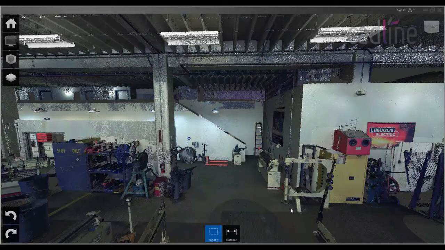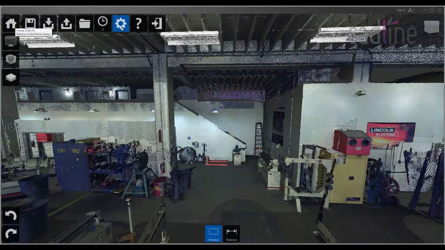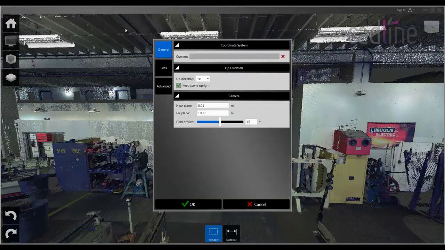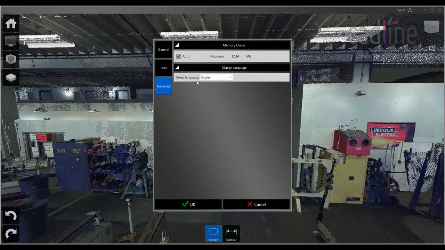Now the great thing about ReCap is this here is what you can use to actually adjust your point cloud in size, for example, so you can bring in what you want and what you don't want. So first of all, we can adjust some of the settings. If I go to the home over here, across to my preferences, you can look at the coordinate systems and things like that. We do have a few other things you can change as well for memory use and things. Now if I just click OK,